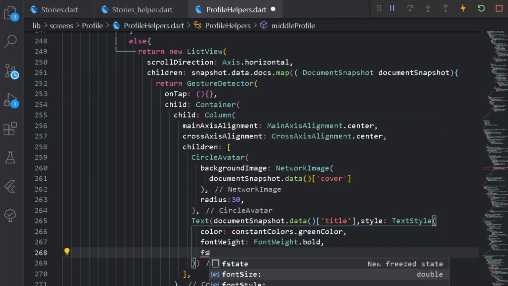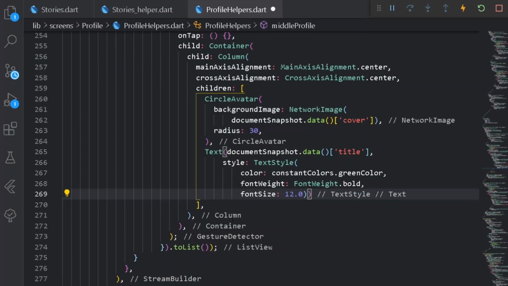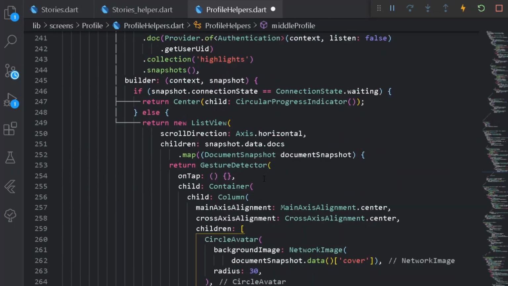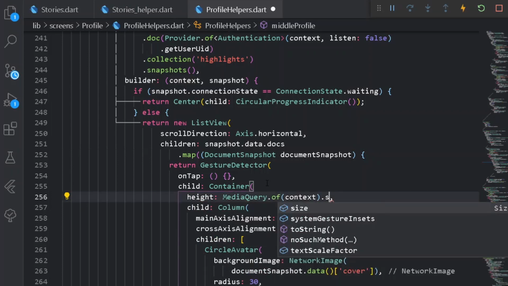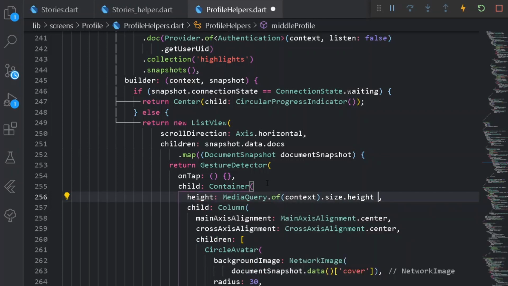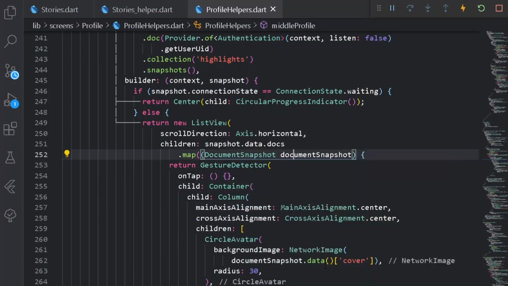Also let's have a fontSize of 12. Easy, format document once. So once we have done this, let's have some height and width for our container. So here first of all let's have a height for MediaQuery.of for size of height, and under height I can have height of 0.1. Easy, 0.1. Also let's have a width for MediaQuery. So now let's test it out.